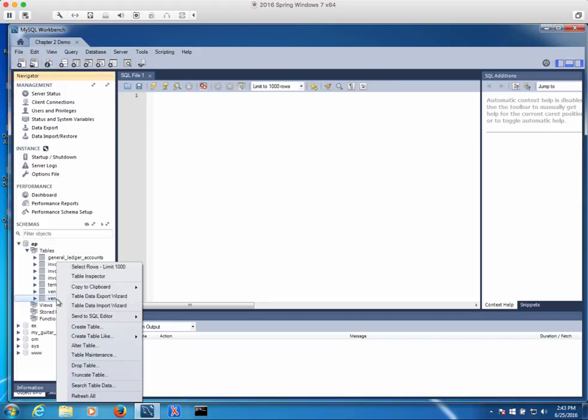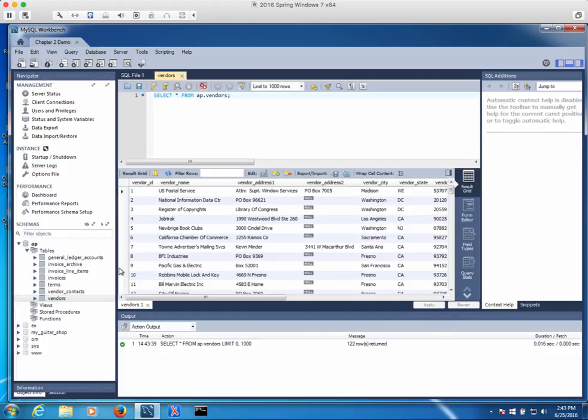And if we right click and pick the very top option, select row limit 1000, a couple of things happened. Over here in the query editor, it actually authors a quick query for us to select all the columns from the vendors table in the AP schema. And now we see